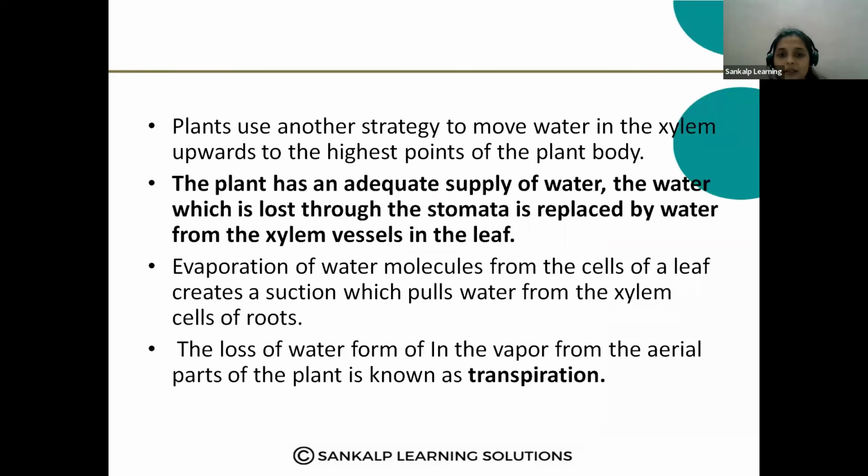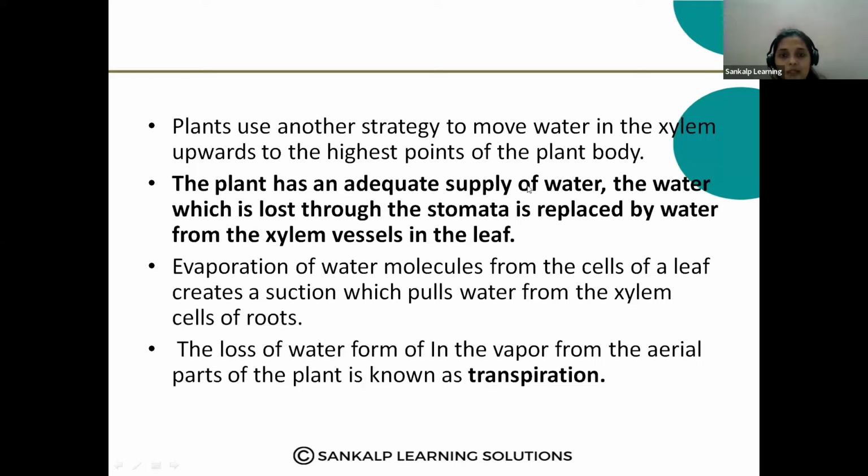That is the one thing I explained, how the conduction of water takes place in the plant body. Plants use one more strategy for the absorption of water and transport of the water inside the plant's body. What is that strategy? One I already explained: the absorption of the nutrients due to the concentration gradient. When it increases the concentration, water enters into it and it is pushed towards the leaves. One more strategy is